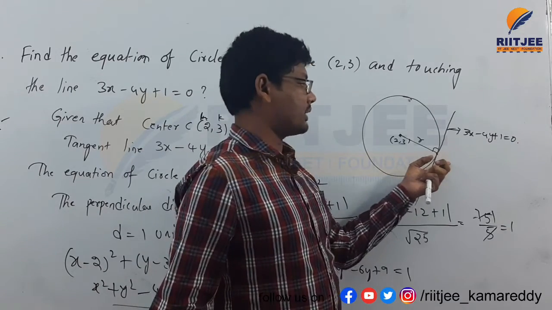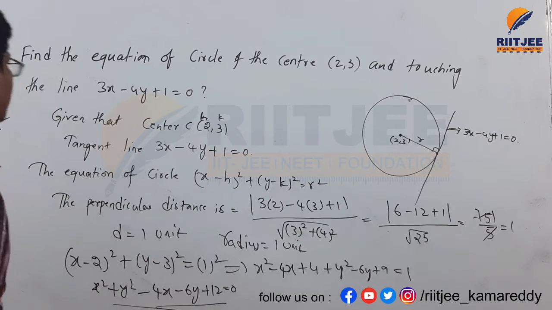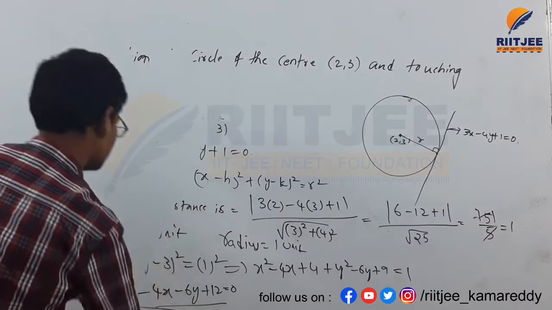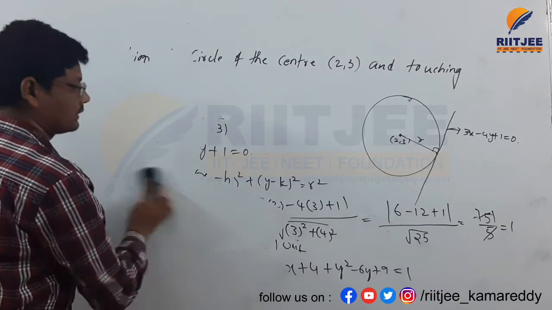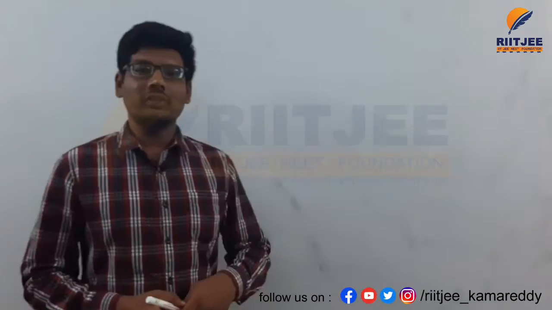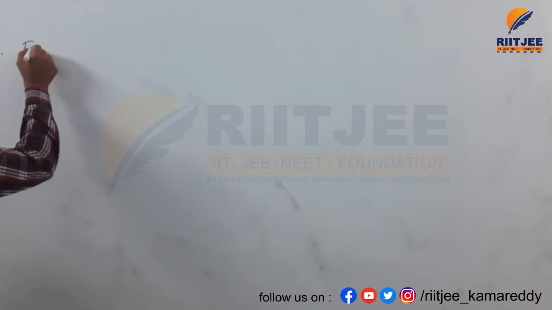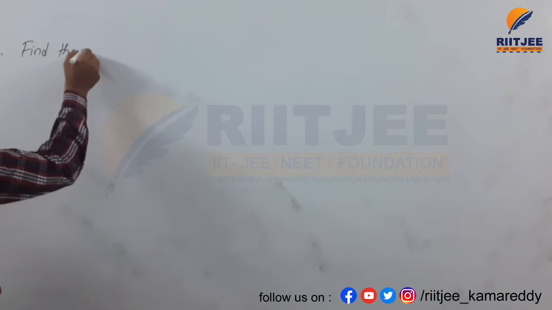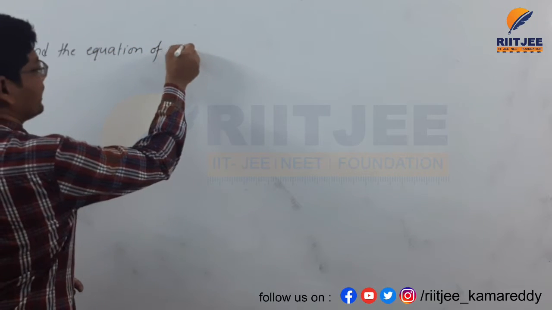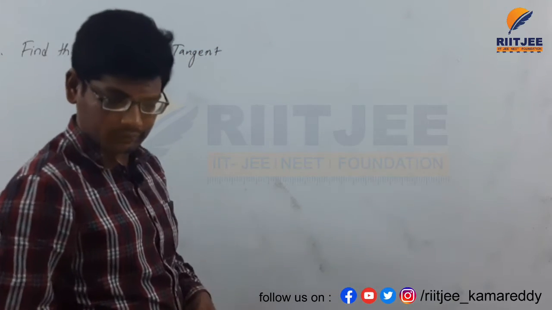This is the equation of a circle when the line touches it and the center is given. The next problem is: find the equation of tangent to a circle